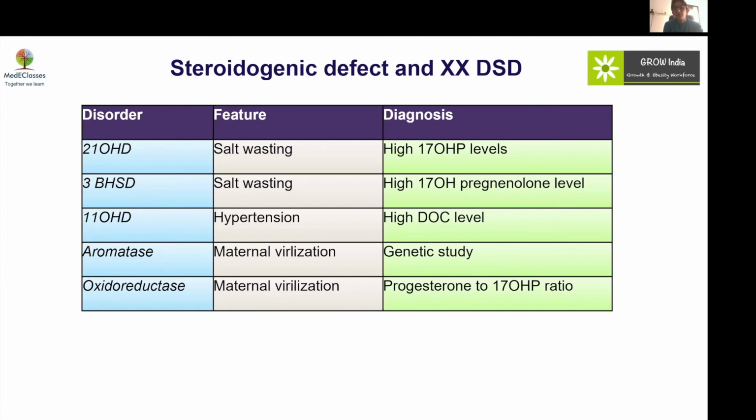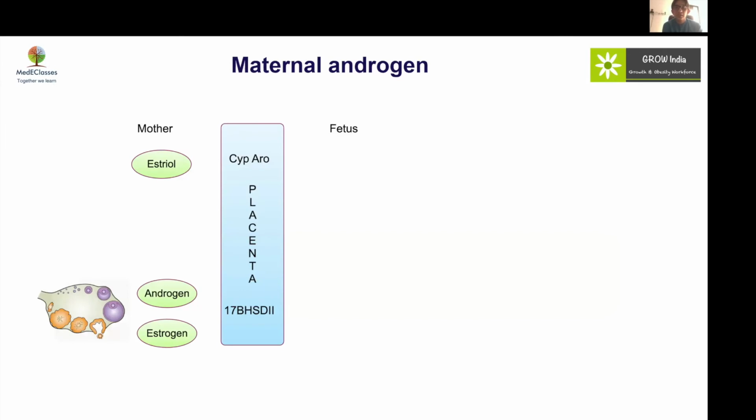So this is the table of steroidogenic defects which can lead to XX DSD and female virilization. The most common is 21-hydroxylase deficiency. So of course, we should be doing 17-hydroxyprogesterone as the first line investigation whenever we suspect a virilized female with absent gonads and Mullerian structures present on the ultrasound. The rest all comprise approximately 4 to 5%, so they are very rare. But still, if we find borderline elevated 17-OHP, or delayed salt wasting, or a hypertensive virilized female, then we should suspect all other variants of the steroidogenic defect, and accordingly we should screen and investigate the child.